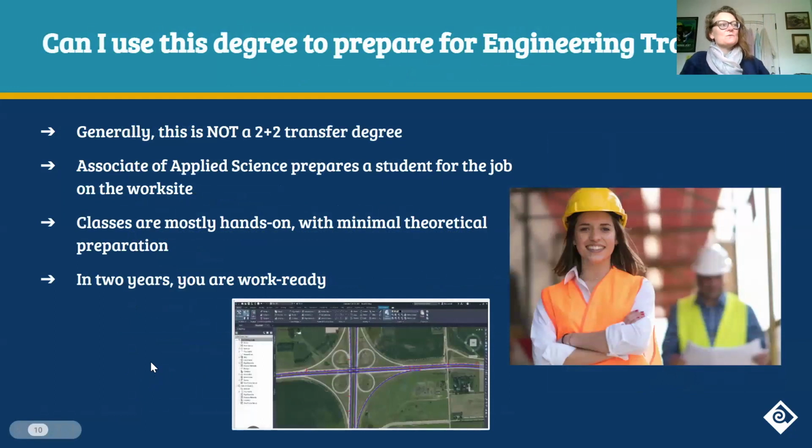All right, so just a note about this program. This is a program that's going to prepare you to work in 2 years. It's not an engineering transfer program, although we also have those programs at PCC, where you would attend PCC for the 2 years in this transfer program and then transfer to a 4-year degree. But this program is getting yourself ready for a job, ready to work in 2 years. And we're very applied, very hands-on, less theoretical preparation and more hands-on applied work.